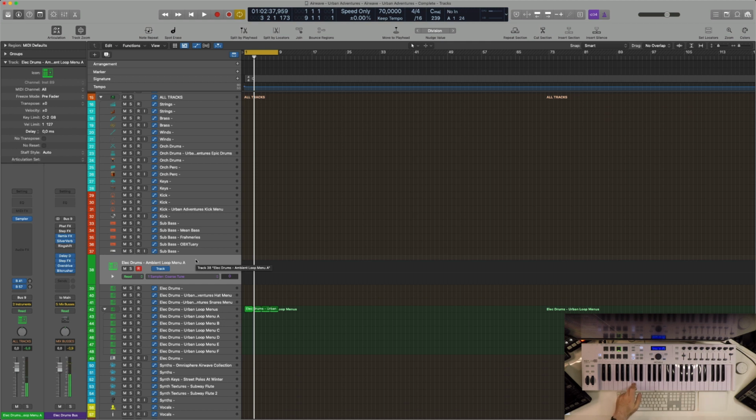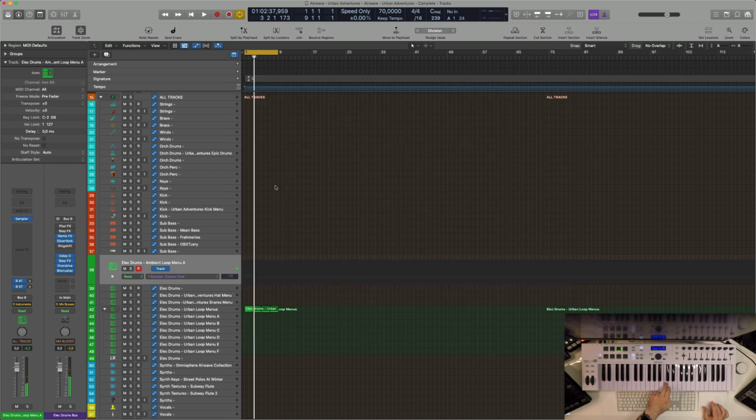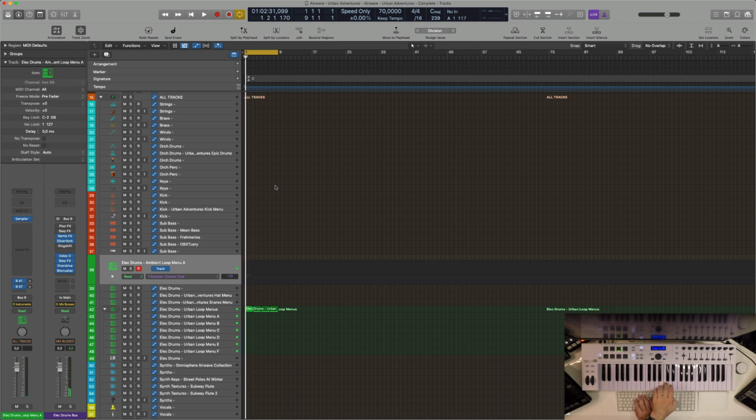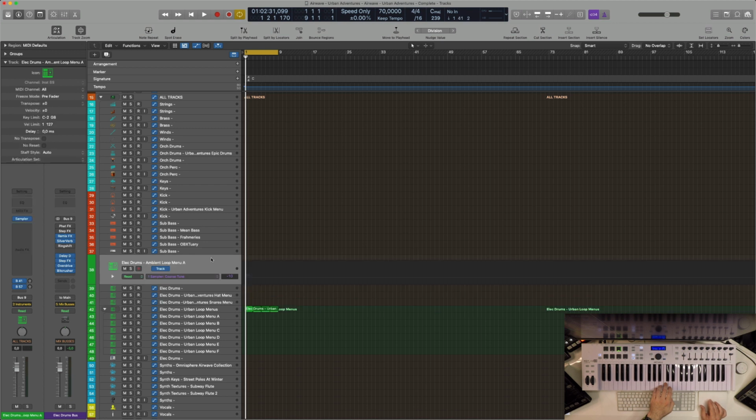Let's find a loop that we can use, and let's say that here in the sampler, I think we could use these two together. So the first thing I'm going to do here is lower the volume because it's very loud, and just combine these two. Let's try that. 2, 3, 4, and